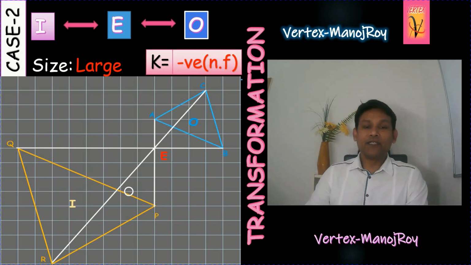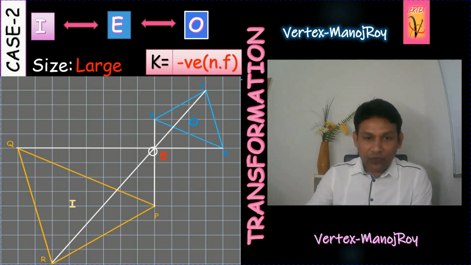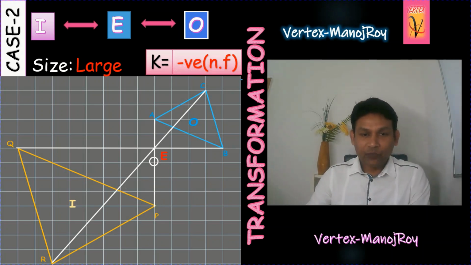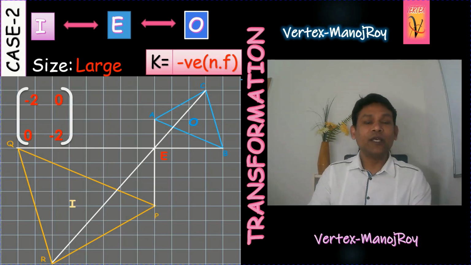Okay, let's see. The scale factor is image distance divided by object distance, and we have one more formula: distance of the center from the image and from the object. So from here, 1, 2, 3, 4. Then from here, 1, 2. 4 upon 2 is what? 2. So the scale factor of this question is 2, so it's negative 2. So what is the matrix for this? The matrix is minus 2, 0, 0, minus 2. That is the way we can write the matrix.